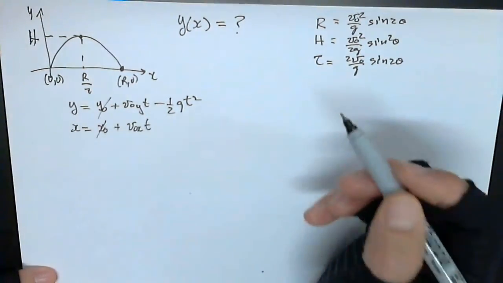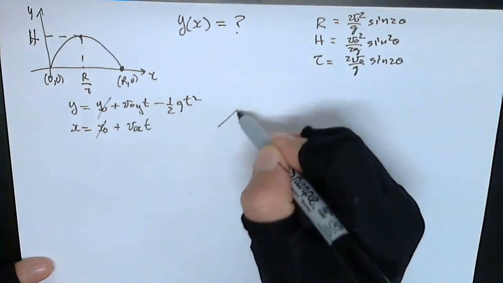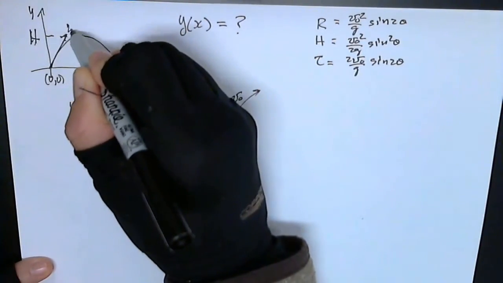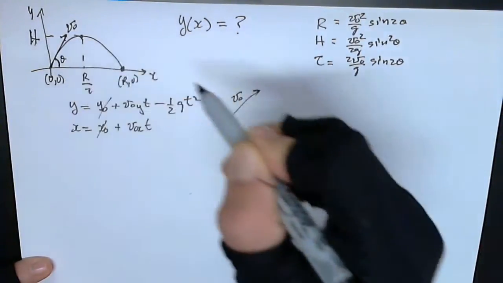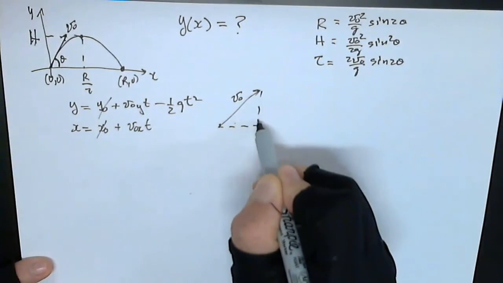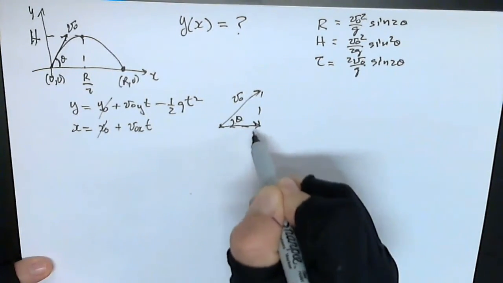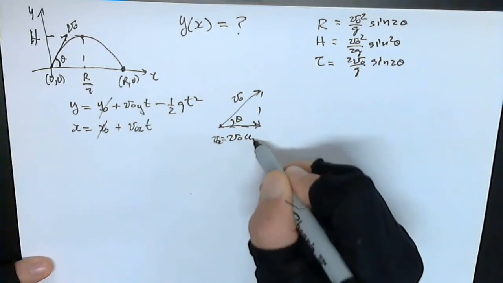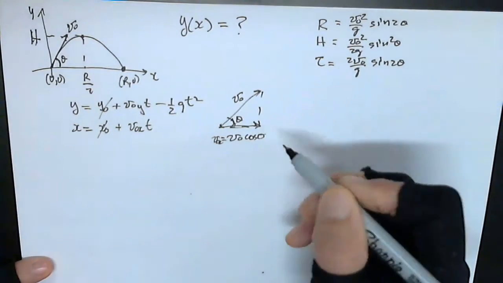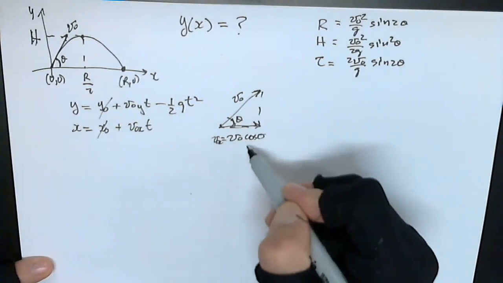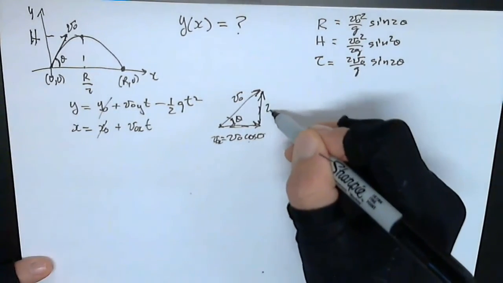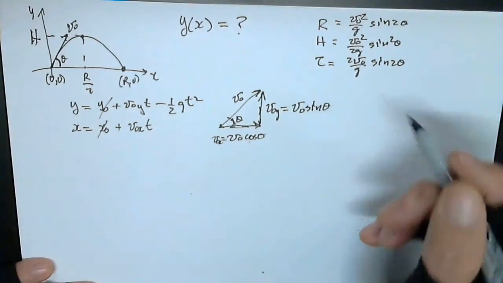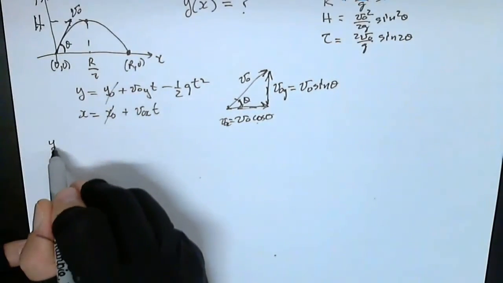And the origin is 0, and this is the initial velocity, v naught, and this is the angle. You know that the x component, adjacent to the angle, is just v naught multiplied by cosine, and the y component is v naught sine of the angle. So the equations become